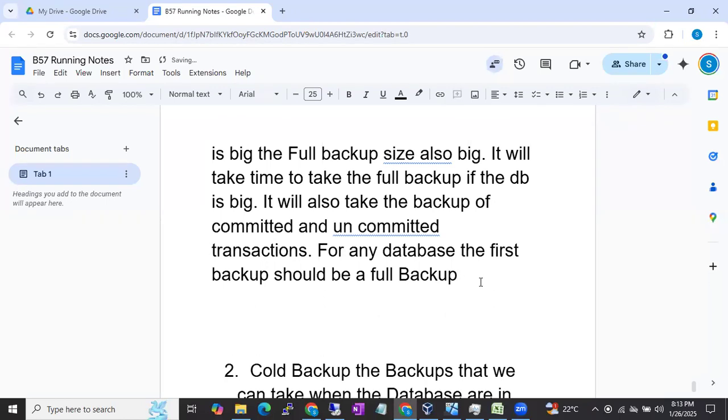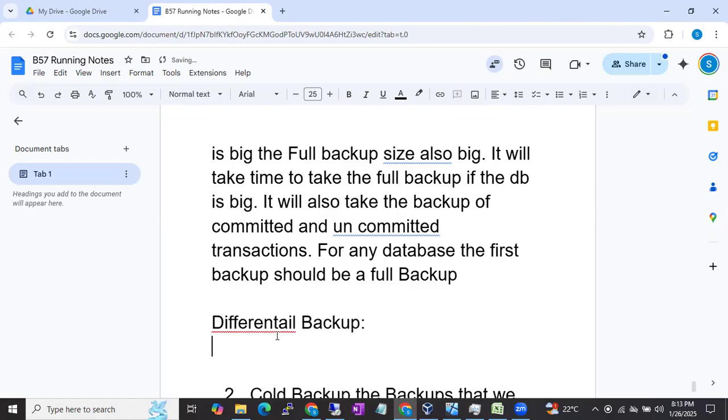So now the next backup is differential backup. Differential backup. Very important. For sure an interview question in the interview, guys. Everyone knows what is full backup, what is the other backup. Differential is kind of confusing. No, it's simple only. Just try to concentrate. Differential backup,